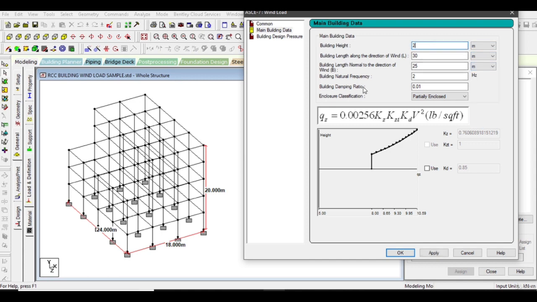Building height is approximately 20 meters, building length is 18, and building length normal to direction of wind is 24. Building natural frequency we can enter as 2.93 Hz, as we have calculated with the help of the formula given in ASCE 7/2016, and building damping ratio we can take as 0.05. Let us consider it as an enclosed building, so left click on apply, and after